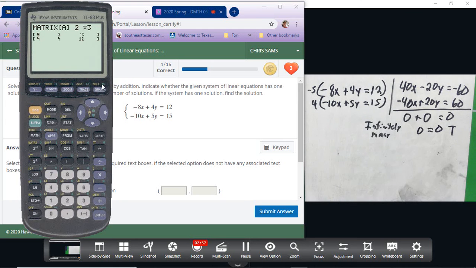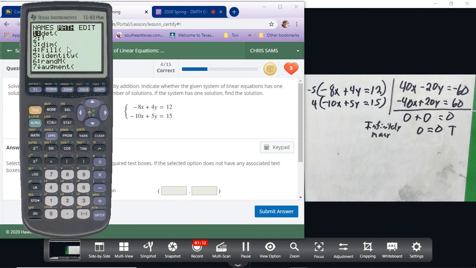So enter on edit. We still have two equations with 3 terms. So my coefficients will be negative 8, and then positive 4, and then positive 12. Alright, and then negative 10, and then positive 5, and positive 15. Okay. Once you get that all entered, second mode. And then second matrix,